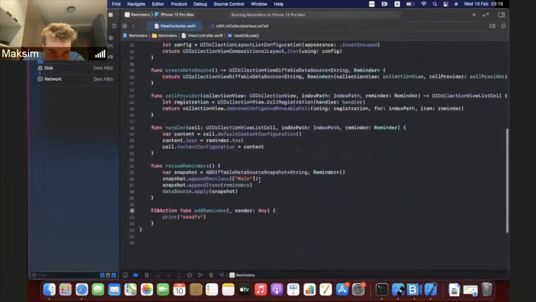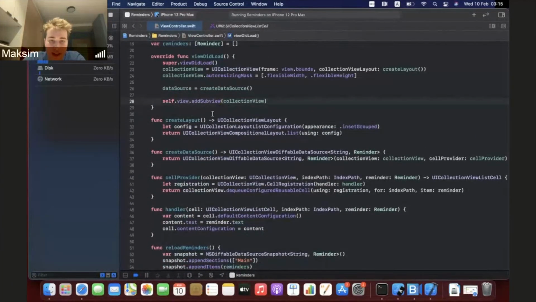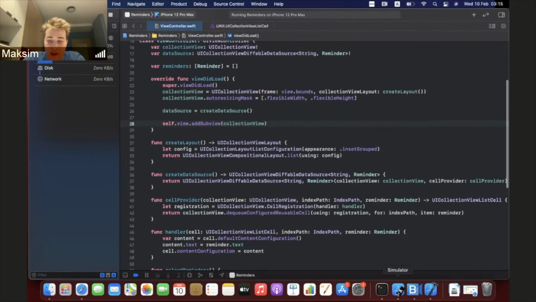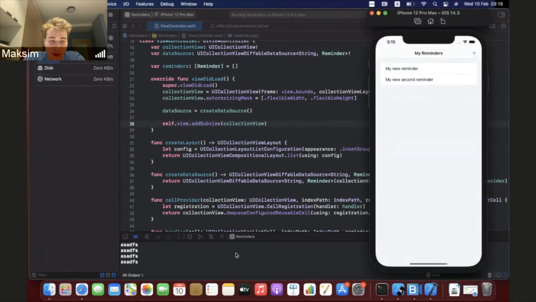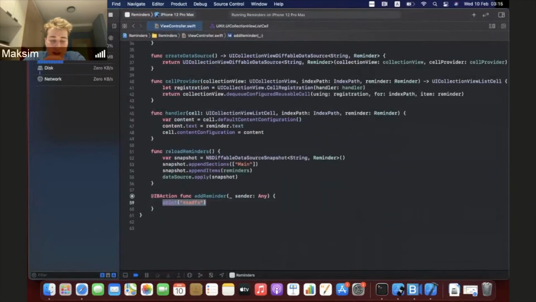Yeah, so the next thing we need to do is actually not add the reminders to the array in code, but to let the user do that. Because right now, if we press the plus button, it's just going to display the text, and we don't want that. So in order to do that, we're going to be displaying an alert, and the alert is going to